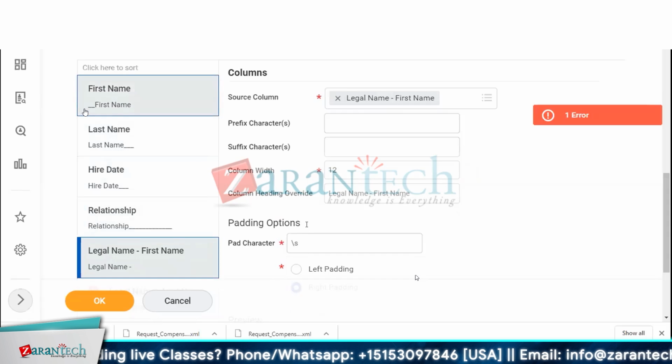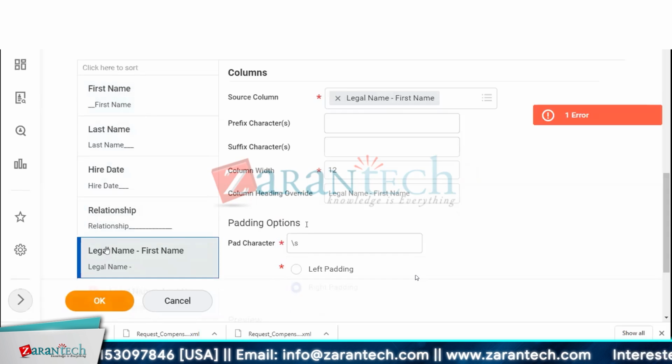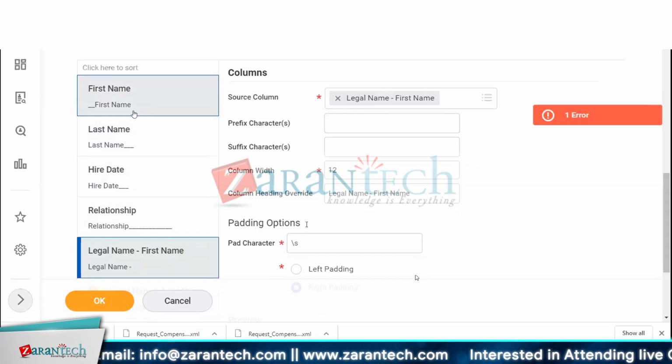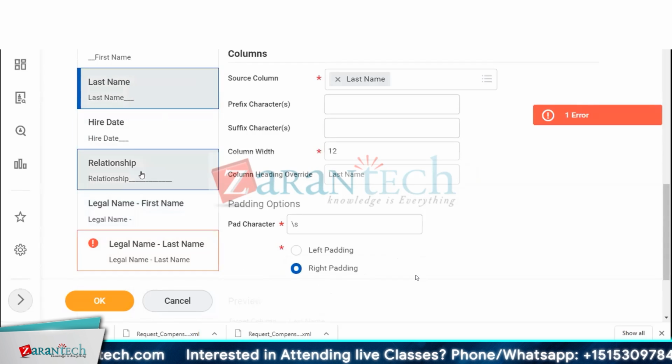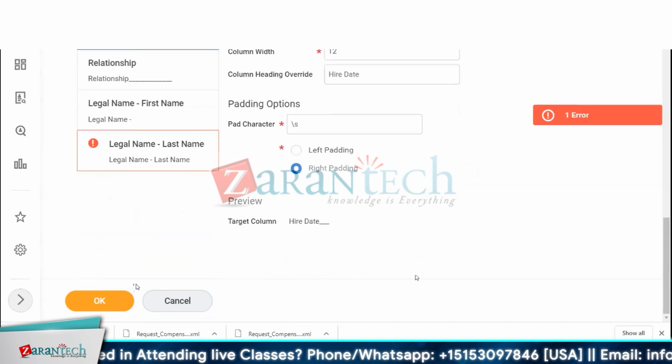See, now they are adding pads, like the dash in the name. And here is the right pad, and then the right pad. And if I click it,